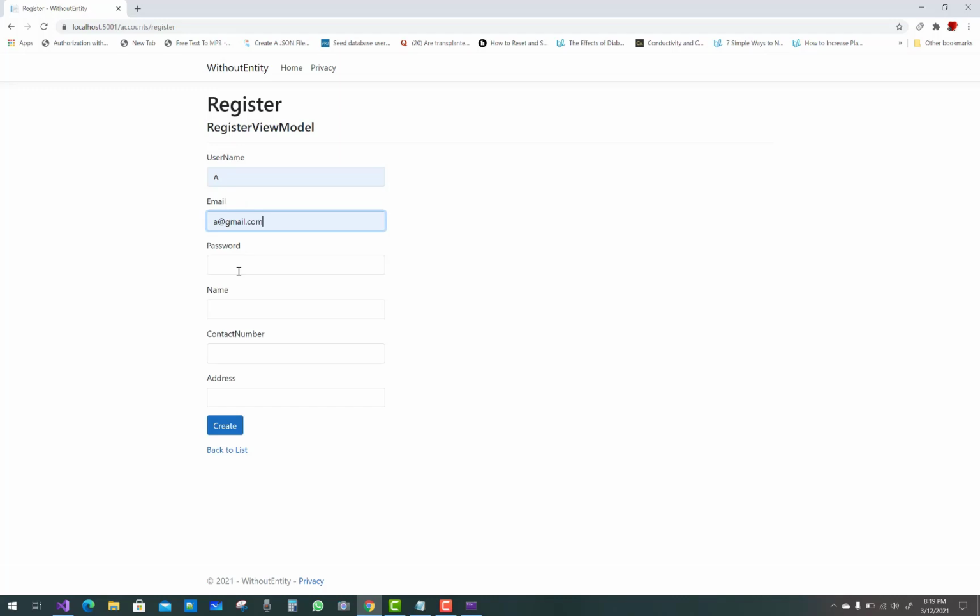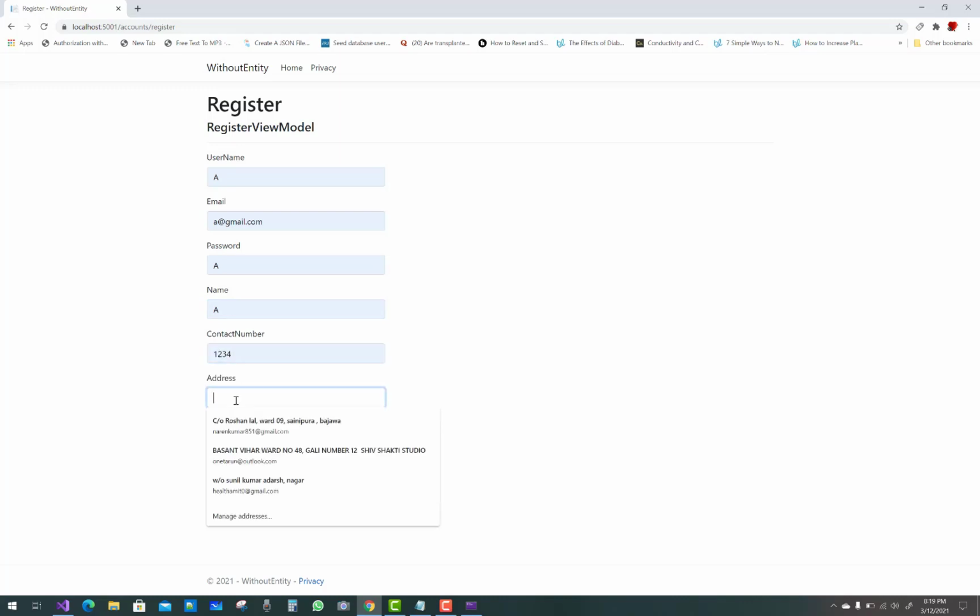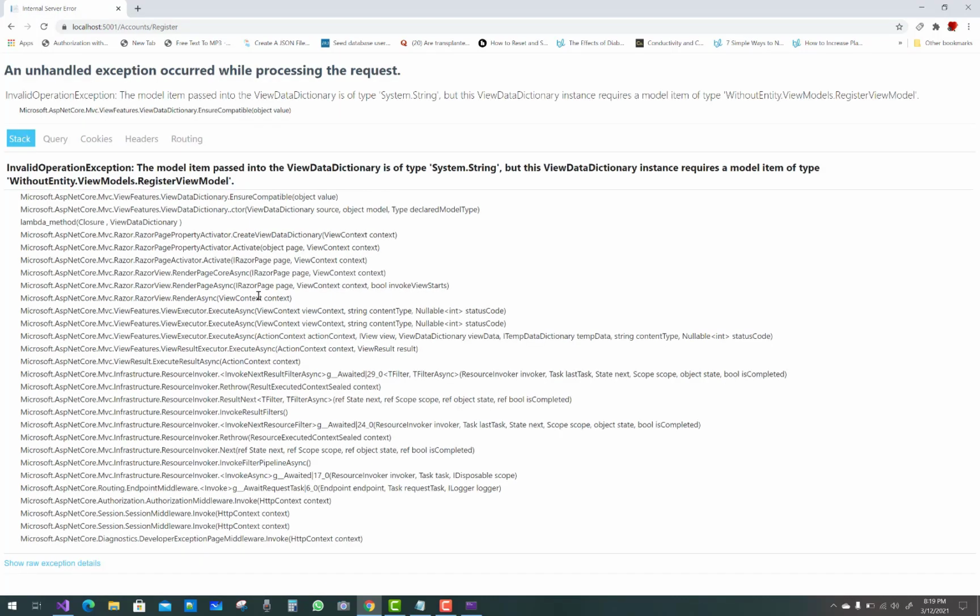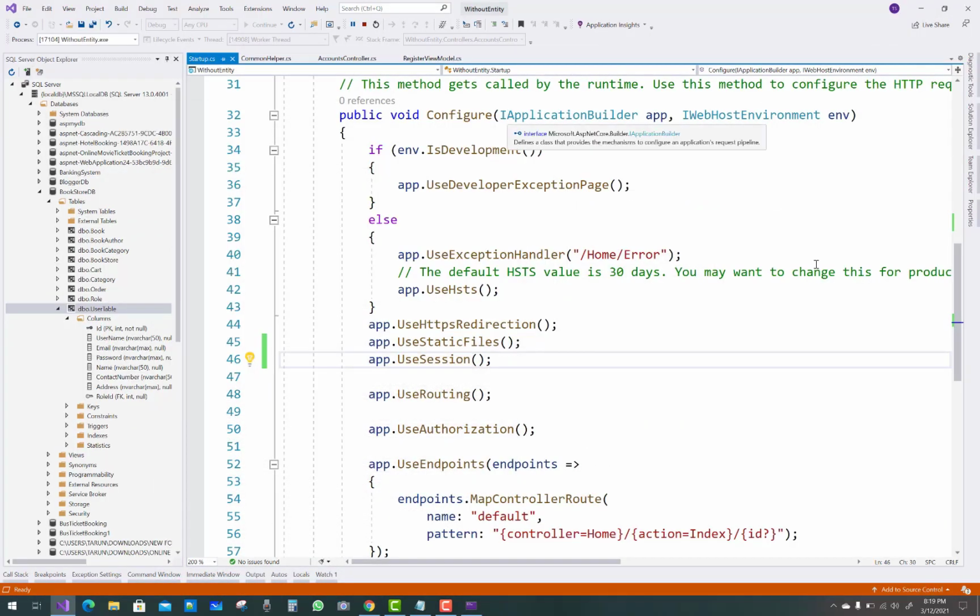Email is there, password is there, name is there, contact number is there, and address is also there. So again an error: the model item passed into the ViewDataDictionary is of type System.String, but the ViewDataDictionary instance requires a model item of type RegisterViewModel.